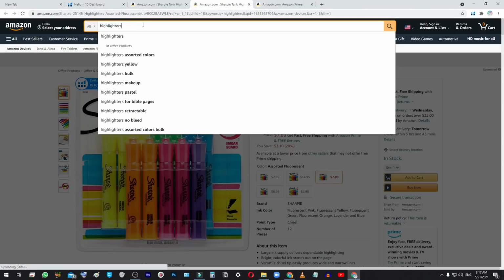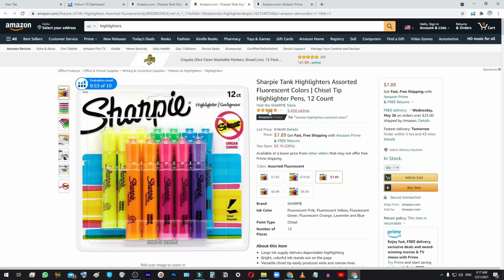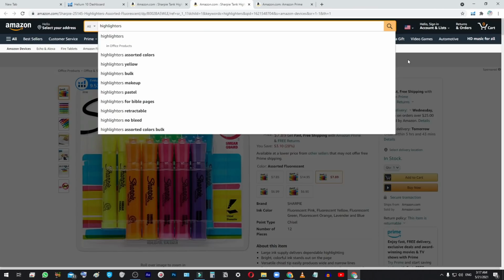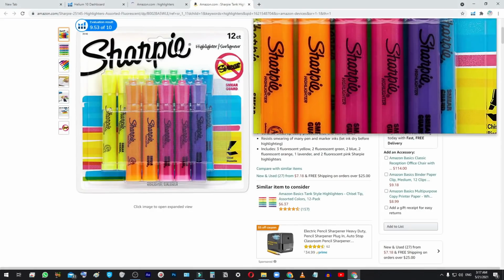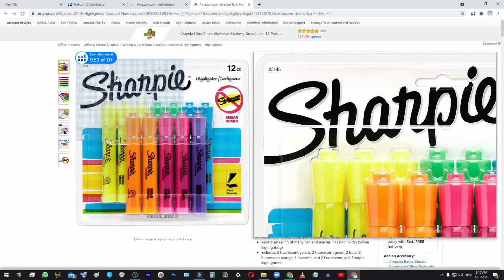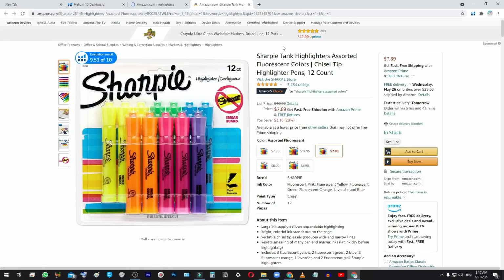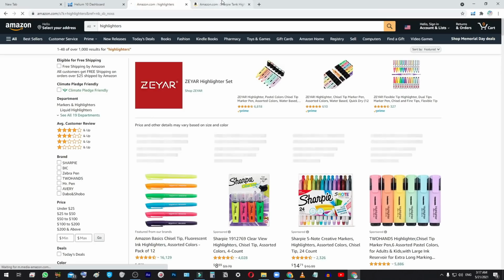So what you want to be able to do as a seller is show up against all the other competition. You want to look like a seller that has the most, or at least as many, reviews as the other sellers. The more reviews you have compared to the other sellers of the same product, the more sales you will capture and the more you will set yourself apart from your competition.